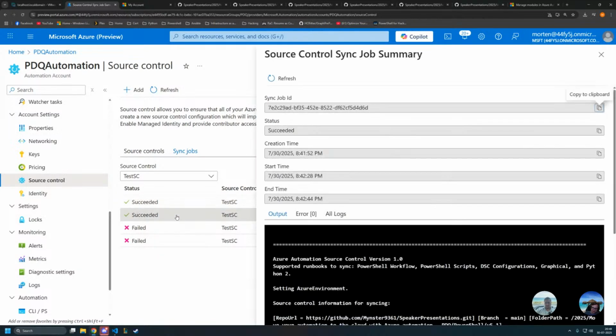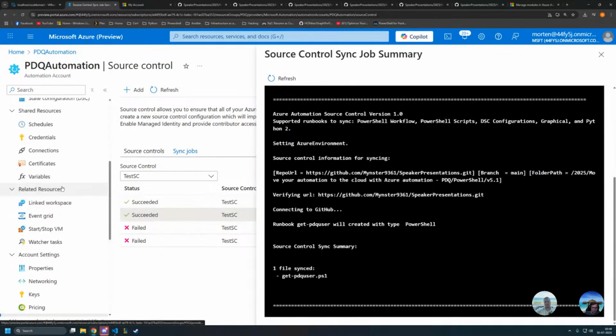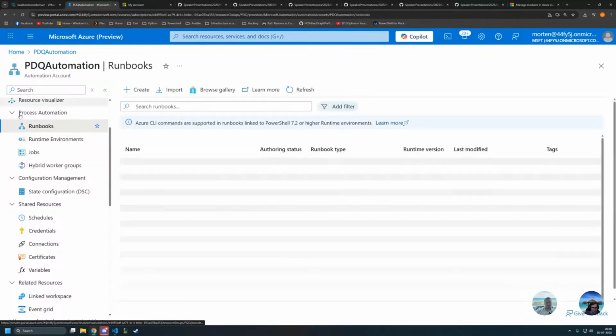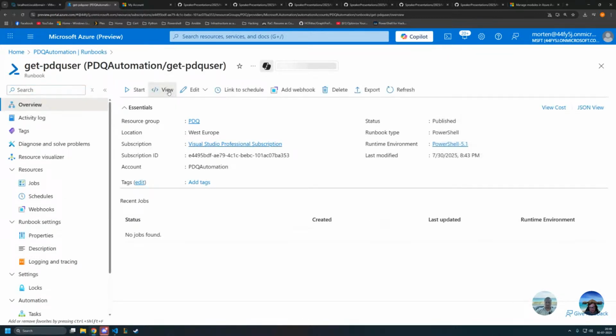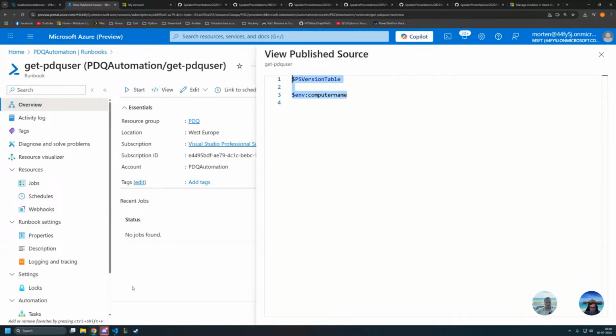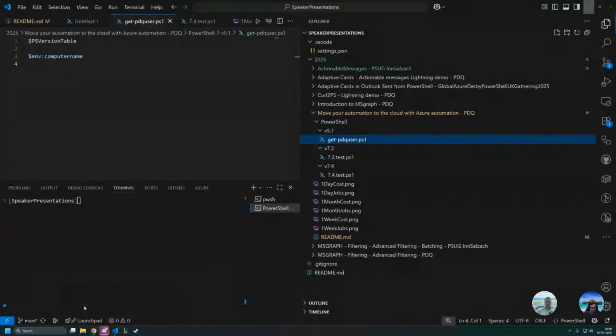So I didn't even have to run this full sync. And just to show it, we have the new runbook published as 5.1. And within this one, we have the code that we had in Visual Studio Code. And if we were to make some changes,